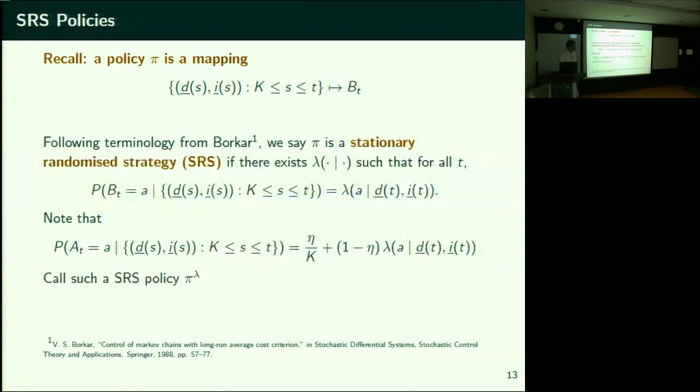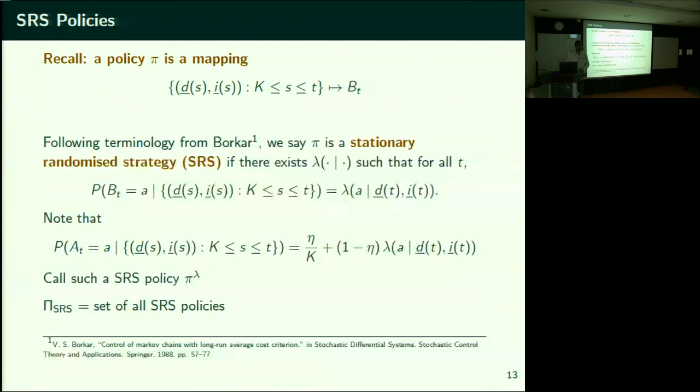Whatever the SRS policy like this is, I'm going to call it pi lambda. Is this trembling built into your formulation? To have that feature of forced exploration, we want some means by which we select each arm with a strictly positive probability.